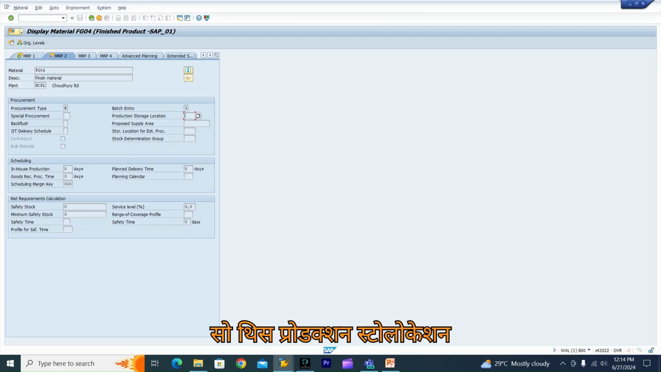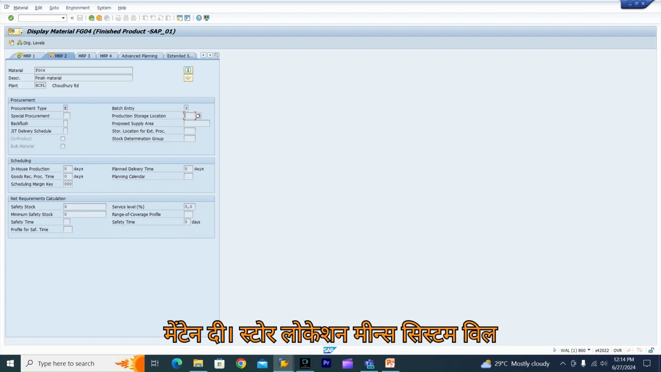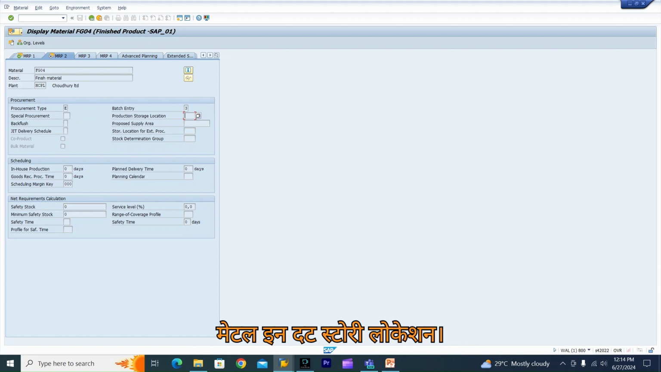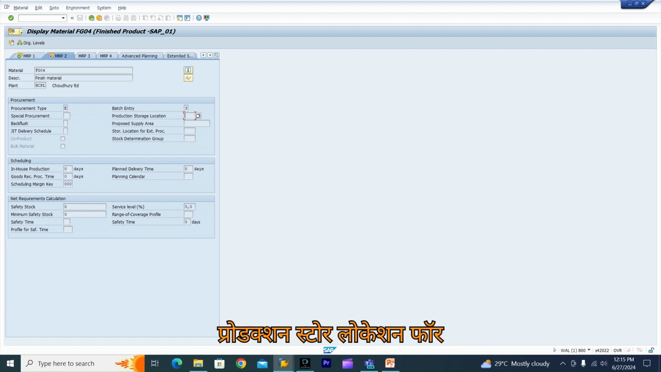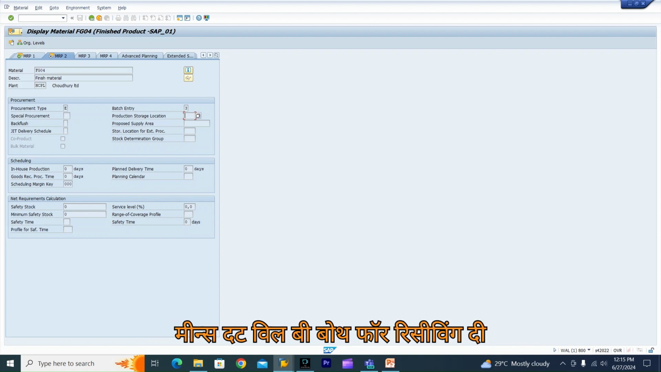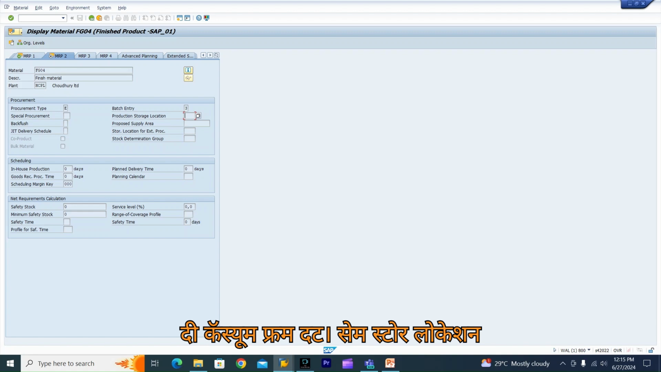So this production storage location is where, suppose this is the finished material. If you maintain the storage location, the system will understand that you will receive the finished material in that storage location. If any raw material or semi-finished material is used, you are using this production storage location for consumption. In case of semi-finished, if your semi-finished material is produced in-house, that will be both for receiving the material to that storage location